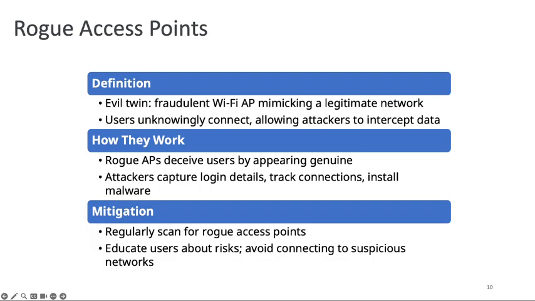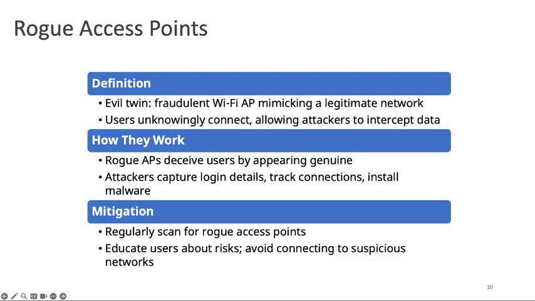Another issue that you might have on a wireless network is something called a rogue access point. Normally you might see it called an evil twin, but these rogue access points mimic legitimate networks to deceive users into connecting to them. This could lead to a lot of data theft and malware installations. Regularly scanning for rogue APs and educating users about the risk are pretty much the key to preventing